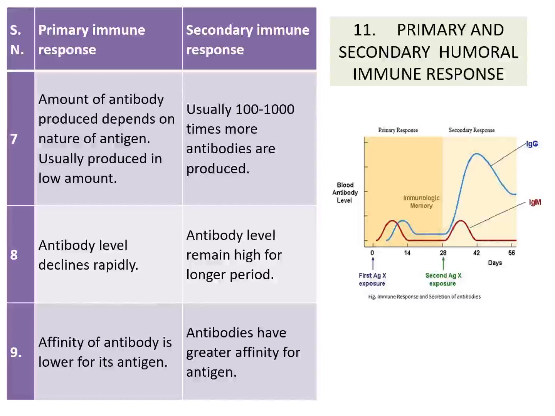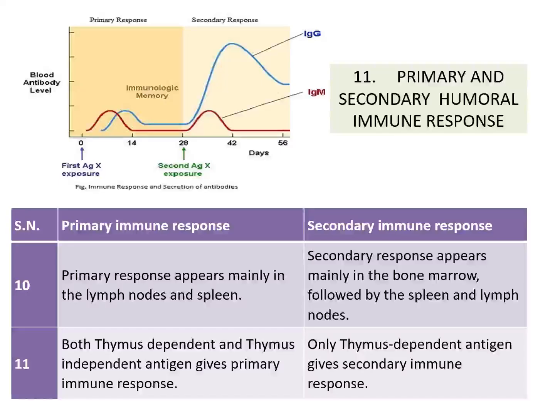So this graph is very important, which depicts with the help of the red wave the IgM. In the primary immune response, it is produced at almost the same level as in the secondary immune response, whereas IgG is produced after the IgM. It is produced again in a small amount, but in the secondary immune response, it is produced to a greater level and it is retained for a longer time. So this is regarding the primary and secondary immune responses.